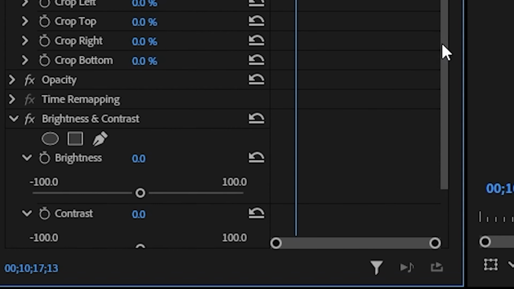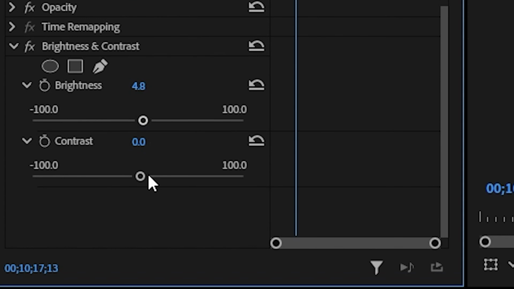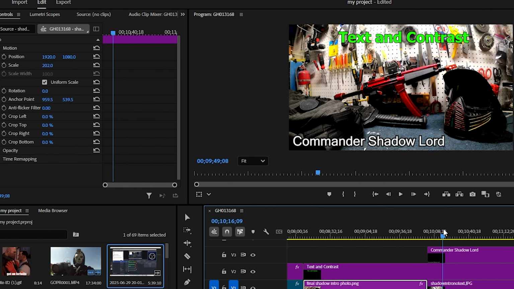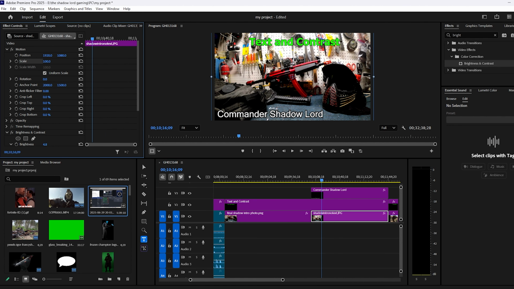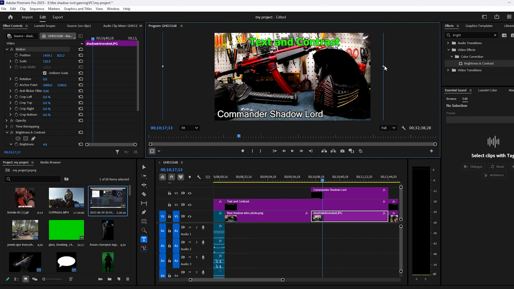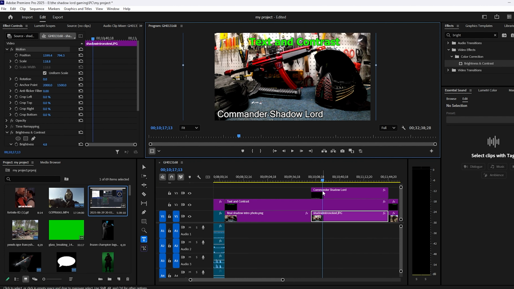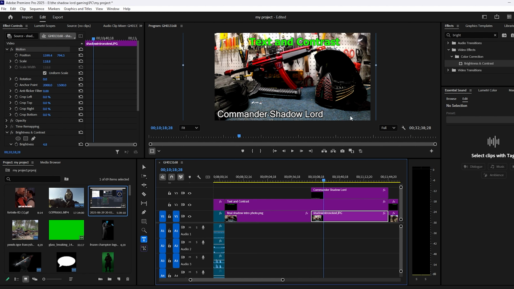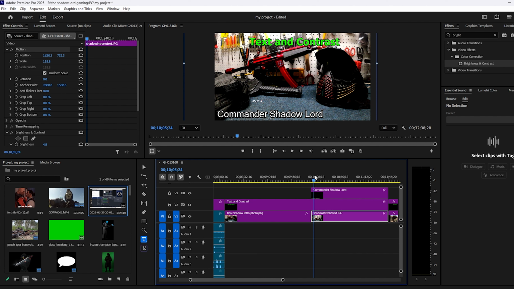Now you can adjust your brightness and contrast, just like this. Make it a bit dark. See, now this looks more like the actual photo I have here. And all we have to do is scale it, just like so. Pretty close. I have to do some readjusting, but as you can see, that's basically the exact same image that is right there. So that is how you do the